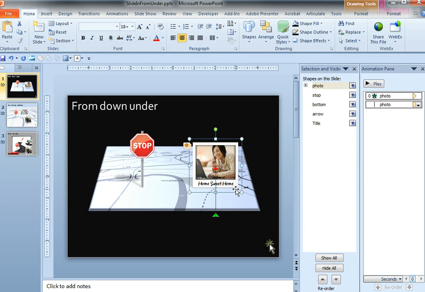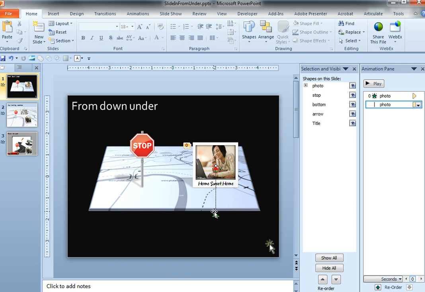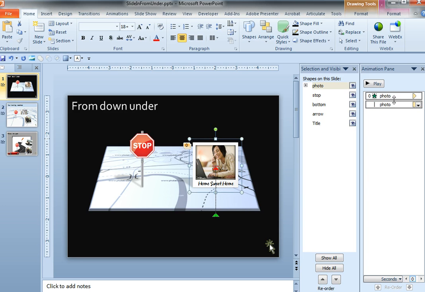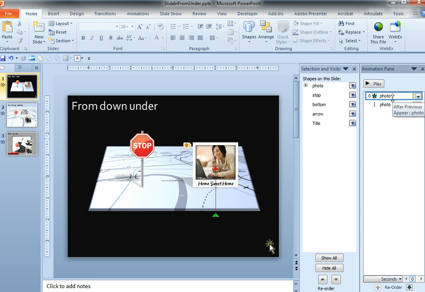So you can see with a photograph, what I've done here is I've added a motion path animation. It's just a line animation that's coming up from the bottom, and then an appear animation. And you need this because if you don't put the appear animation in, then that photograph will blink very quickly first before it animates in. To prevent that little blink, you want to say appear at the same time it animates, and that's achieved by adding the appear animation in.